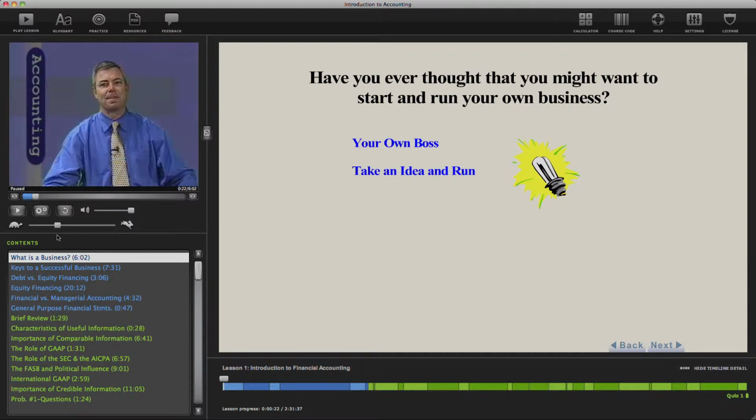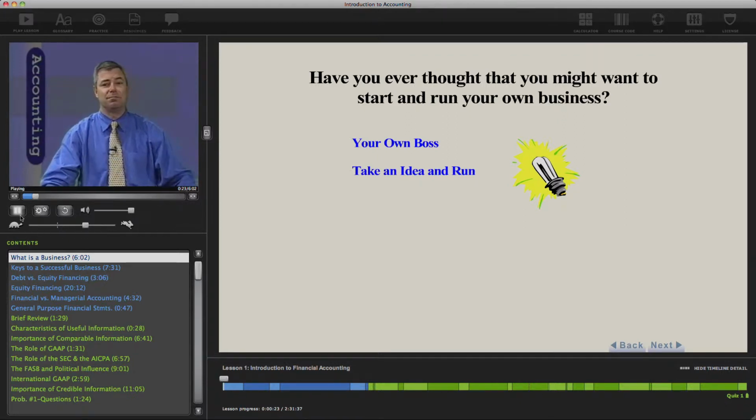Another thing that you may notice here is that I'm talking rather slowly. In fact, I'm not sure when I did this original video work that I was really talking that slowly, but the great thing about this software is that you can control the speed. You have this slider bar with the tortoise and the hare, and I'm going to go ahead and increase this to about 1.5, and we'll watch a part of this lesson at that higher